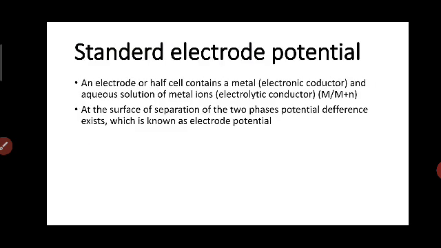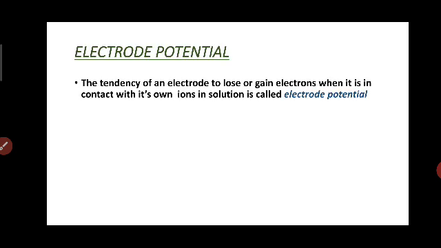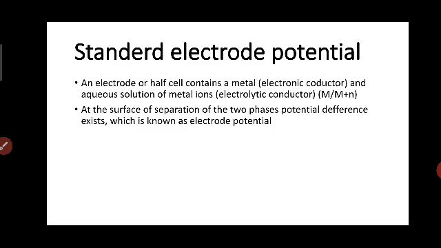So, standard electrode potential. First of all, what is the electrode potential? The tendency of an electrode to lose or gain electrons when it is in contact with its own ions in solution is called electrode potential. We have to standardize that electrode potential by maintaining standard values of solution concentration and temperature,